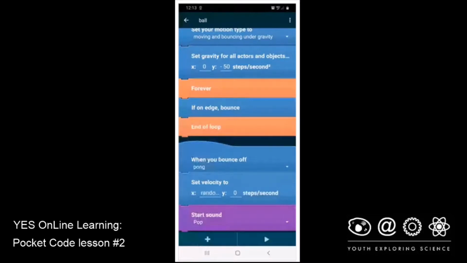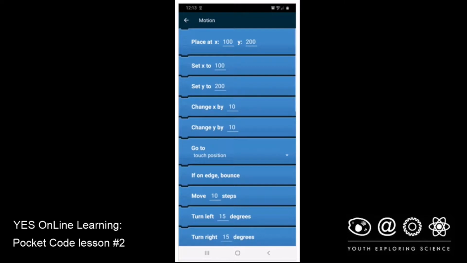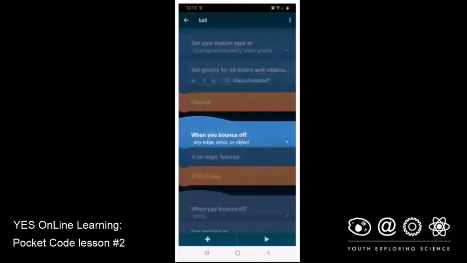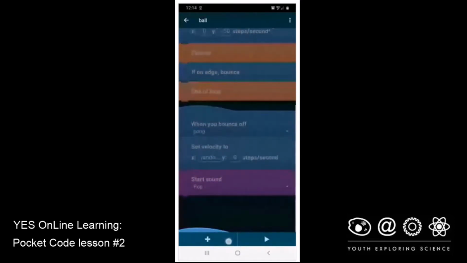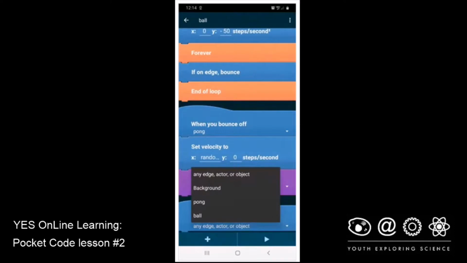Now I'm going to put in another when you bounce off of Pong, and for that one I'm going to change the color of the ball. So I'm going to hit plus and motion, and when you bounce off of, drag that all the way down below the sound. And in this case, when I bounce off of Pong,